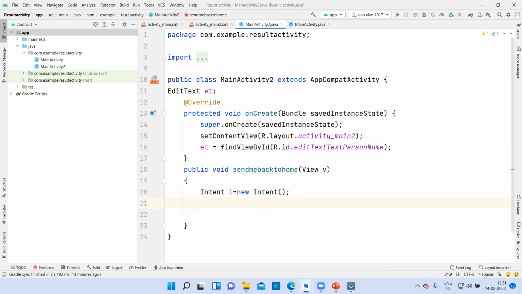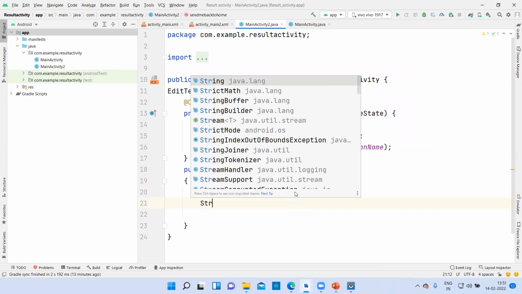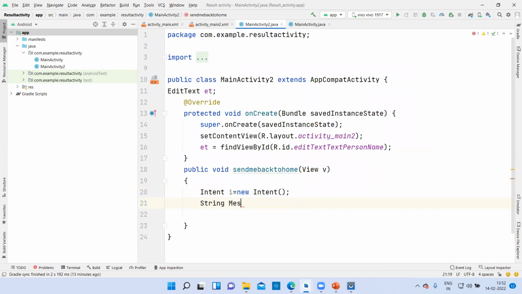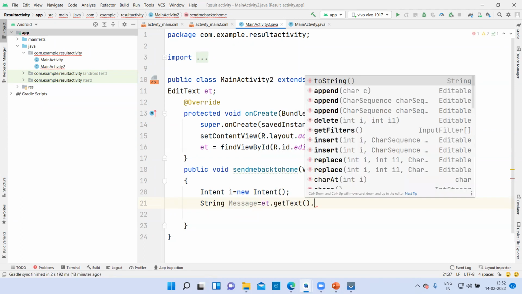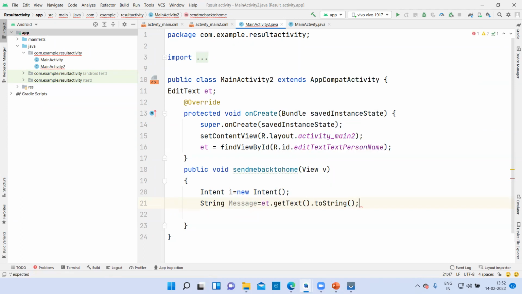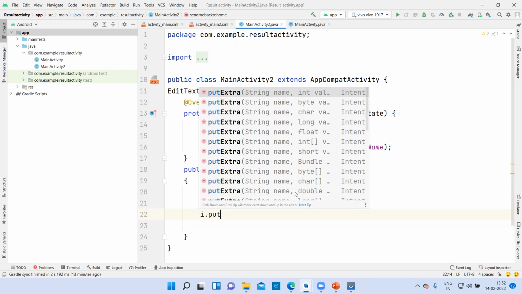Then String message, you will retrieve the message from et is equal to et.getText, then convert it to string. That's it. You have converted the retrieved data to string. Now you will use the i.putExtra method to send the data.